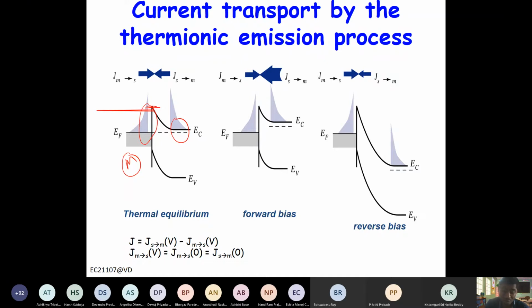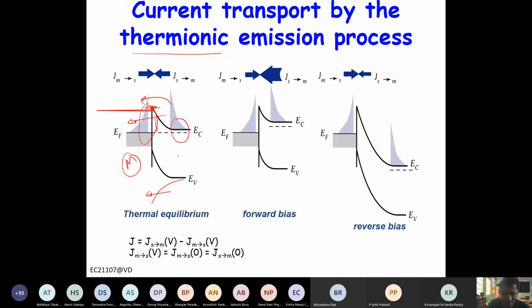Now there are a couple of possibilities. Because of the gap between the Fermi level and the conduction band edge, the carrier concentration is changing. So electron concentration is increasing like this, and there can be a diffusion current also. Then there can be tunneling also, because if we make this barrier thin, there can be tunneling. And of course, some electrons that have energy more than this barrier can cross over the barrier, and that is called thermionic emission.